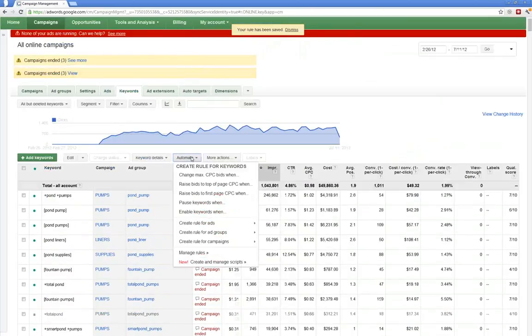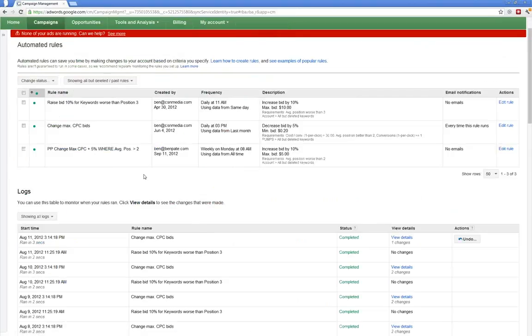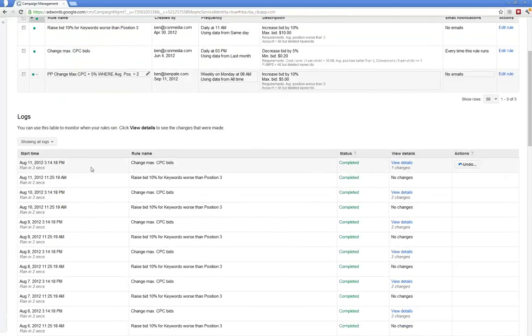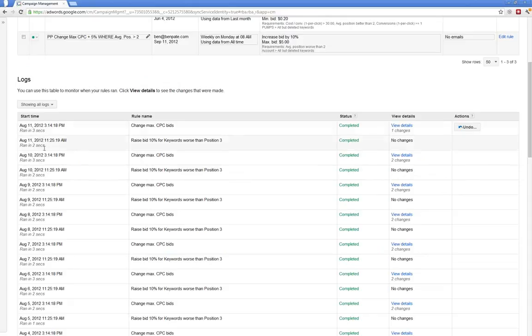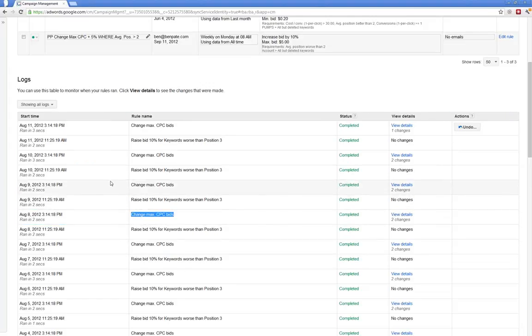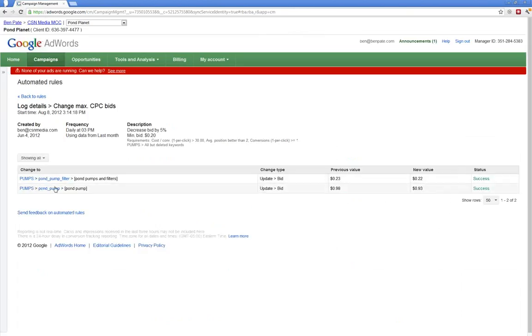And now it's there and it's ready. So if you want to look at any of your rules, you can always click Automate and then Manage Rules. So you can see here that I have some rules from the past. And once again, you can see that I shortcutted it and didn't give it a descriptive name, so I don't really know exactly what that's doing, but you can click View Details and then see the frequency,